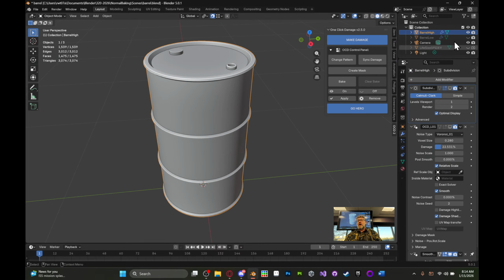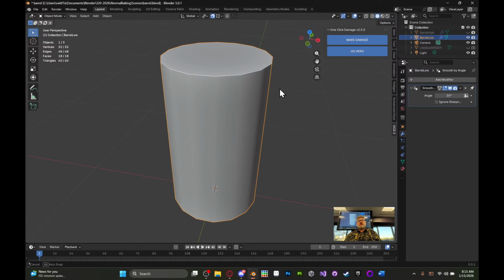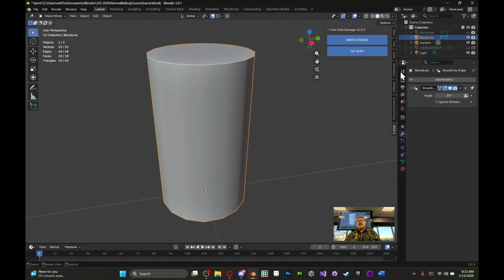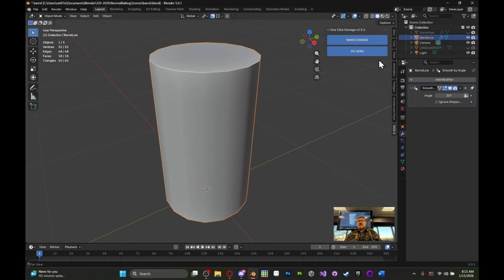Shut up. All right. So I've got the high poly barrel, and then I've got this low poly barrel here, which we kind of started from. Let me just hide the high so we can see the low poly. It's kind of okay. I mean, it's better than we had back in the day. All right. So with both open, the flow is, first I need on the barrel low,